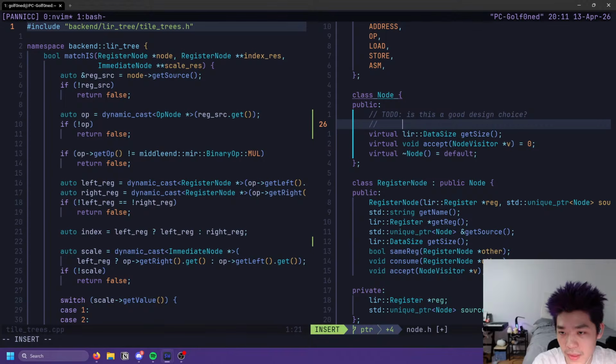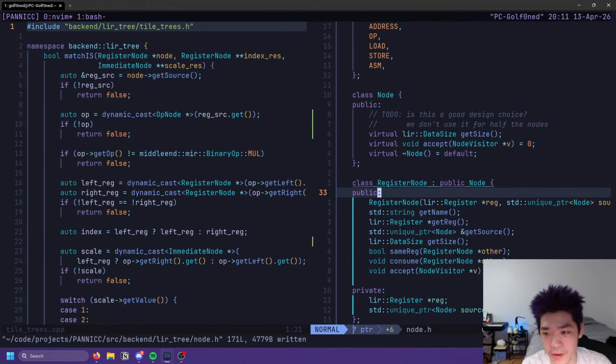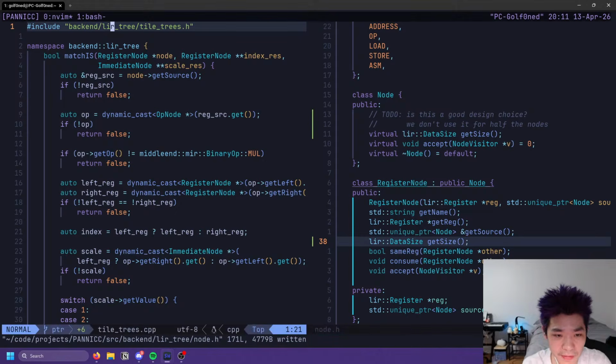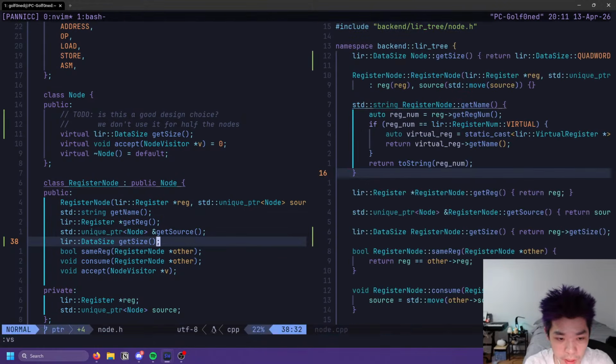We don't use it for half the nodes. We'll keep it as that for now. I think we'll find out the hard way when something breaks. Historically, this tends to be a very bad idea, but I think in this case, we can kind of justify it a little bit.